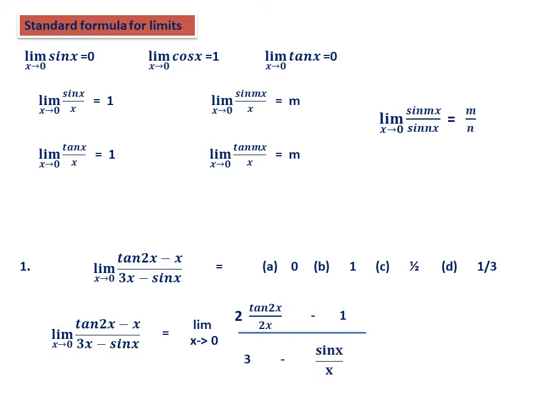So what I have done is, let me explain now. First you divide by x, that is tan 2x by x, and x by x becomes 1. Denominator 3x by x is 3 and sin x by x, so dividing by x. Then I have also made one more adjustment, multiply 2 and divide by 2 to tan 2x, because tan 2x is there, I want to take the limit, therefore I have to make 2x, 2x, therefore multiply and divide. Now directly we can take the limit, so that you know the algebra of limit, therefore using that we can say it is 2 minus 1 by 3 minus 1, so this is 1 by 2.